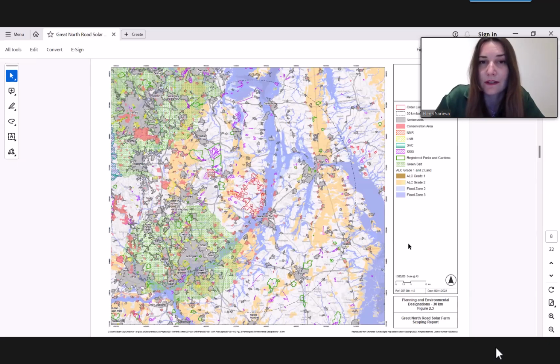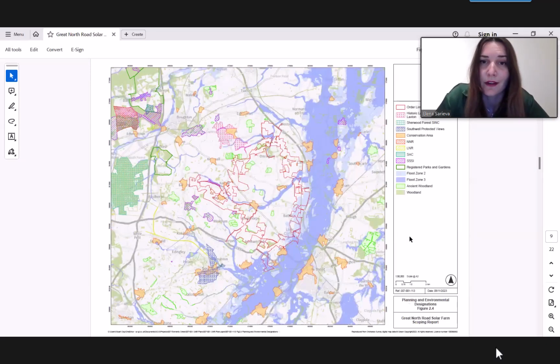We have generally designed out of the way of the conservation areas and historic landscapes that are in the region. So if we go to the next slide, that will illustrate the regional constraints and also some of the local constraints that we've worked around as well. So every field has been selected very carefully, and within each field there has been further design work that has further refined the selection of the solar areas.